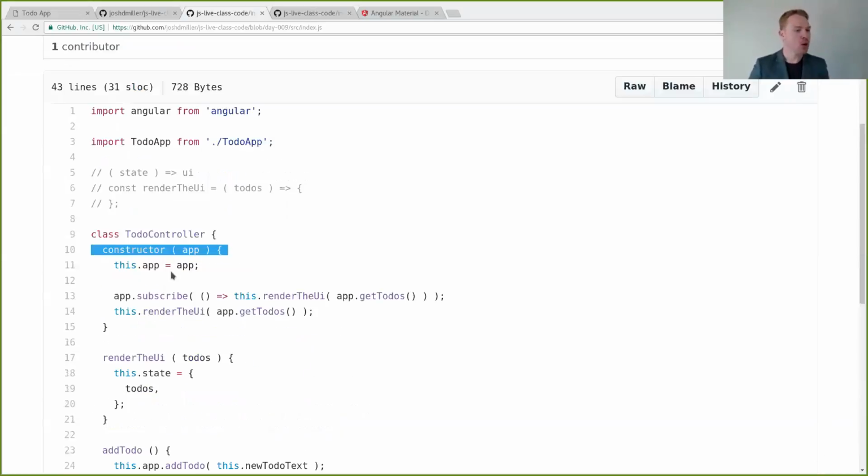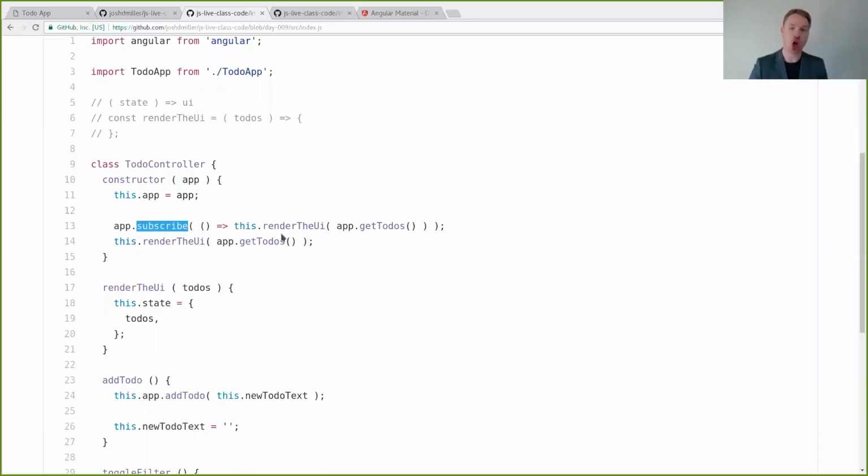So we said we're going to subscribe to these changes. Our fetch call goes to the server and gets data. When it's done, it's going to update the state. Since it updates the state, we have to notify the mixin. It's going to call this function, which is going to call render the UI, and this.state is going to equal to-dos. But it will not update the view. We changed it in the instance of to-do controller, but Angular is managing that cycle, and Angular doesn't know that it needs to refresh.